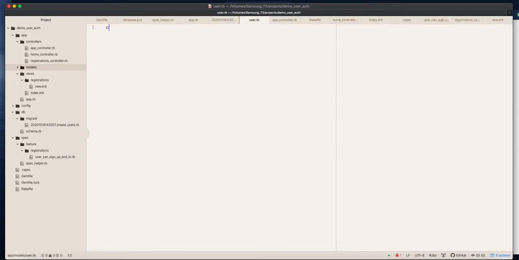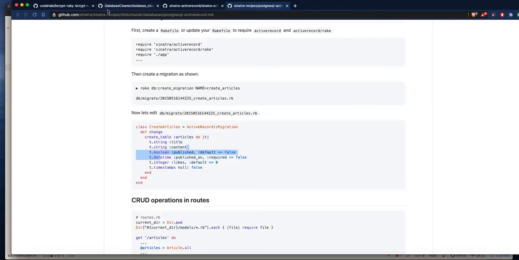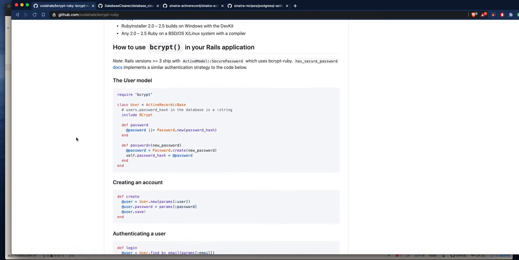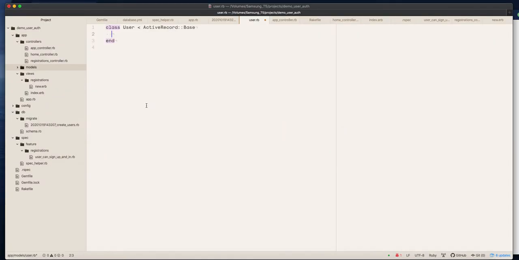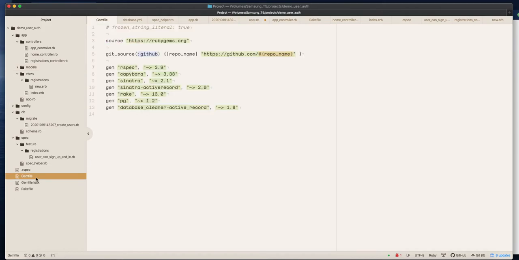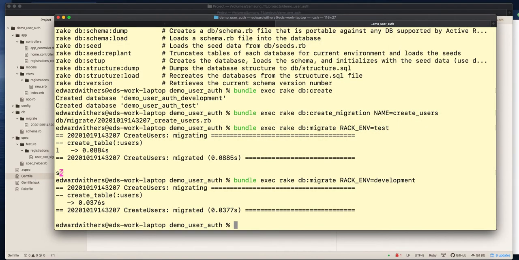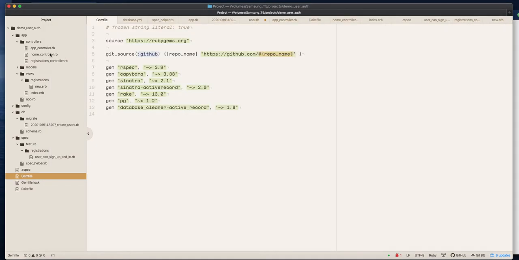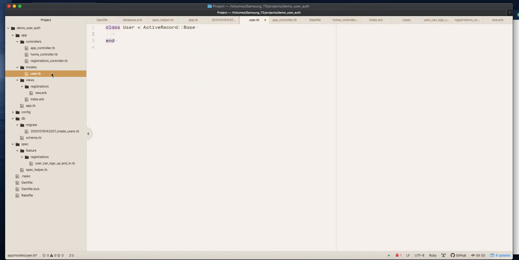user.rb, class User inherits from ActiveRecord base, and let's double check because I'm storing things as plain text. Yeah, okay, cool. Include bcrypt. I need to require bcrypt. Let's add to my project. Have I not got it already? Nope. Bundle add bcrypt,